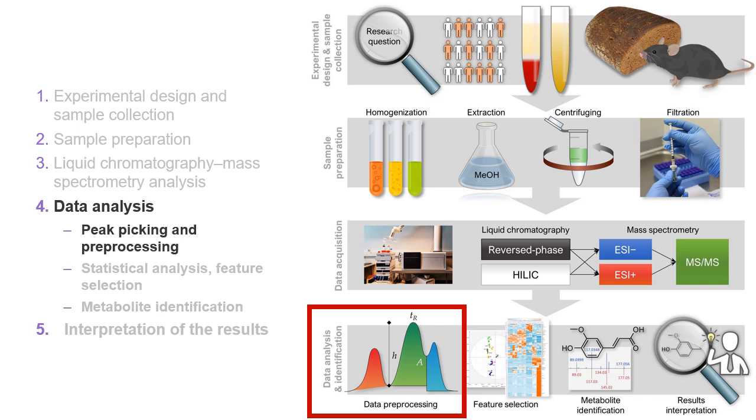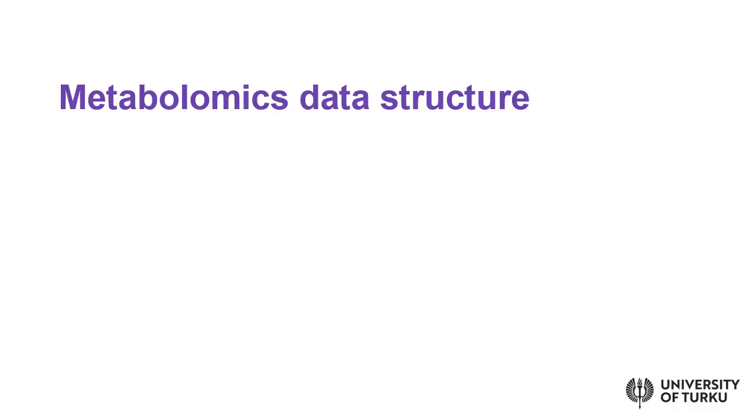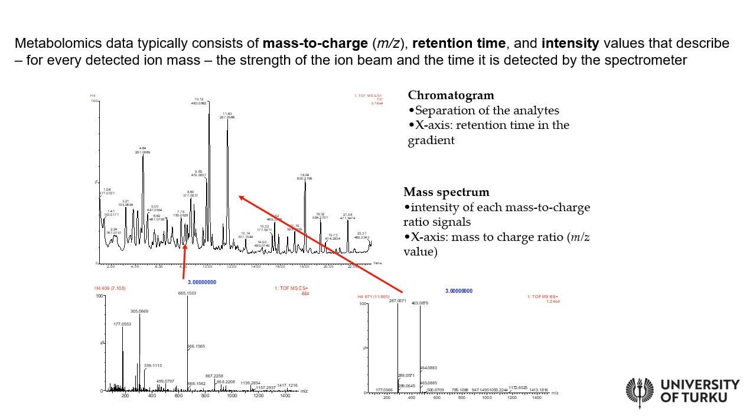And here in the data analysis part, we are going through the principles, but then later on during this course, you will become more accustomed to the actual practical way of the data analysis. But before going there, let's once more repeat: what do we have in metabolomics data? What is the structure actually? Because now I have shown you that we utilize the chromatographic separation and the mass spectrometry analysis, but how is that actually represented in the metabolomics data?